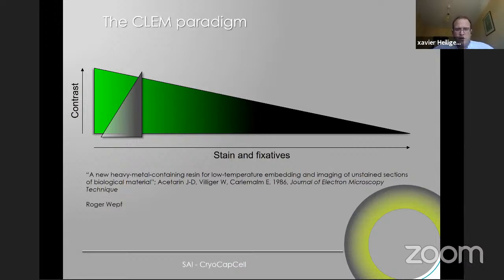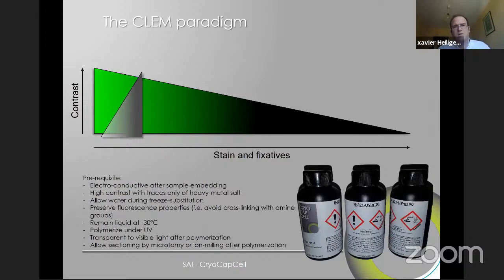So I went to my chemist and we discussed, and the chemist told me, well, you know, it's going to be an explosive resin. So it's quite problematic to have that in the lab, especially for biologists. They're not really used to explosive material. And so what we decided was to start back from a blank page and try to find out how we could make a resin that would fit all our requirements for doing correlative microscopy.